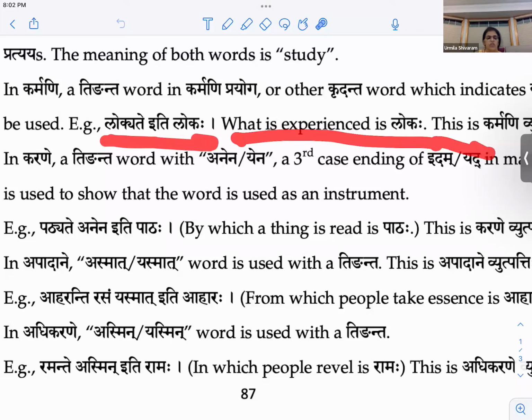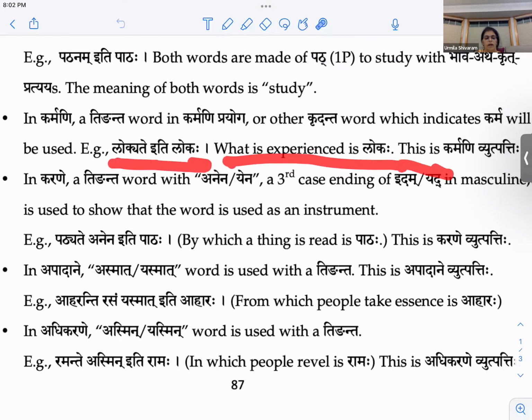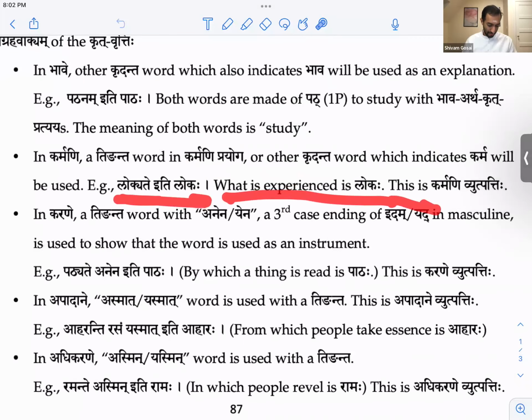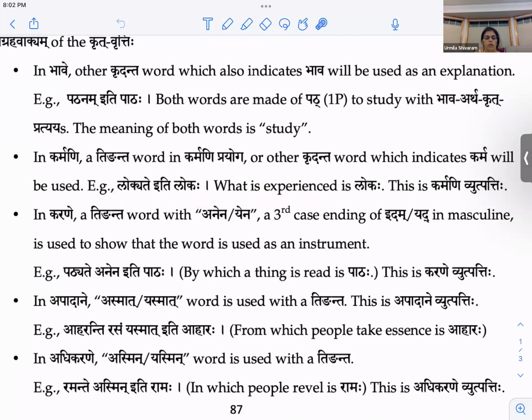I had a question about pataha. Yeah, go ahead. Now the lokaha is experience. So what would be the vibhakti of the pataha and lokaha? I think they're both 1-1, like Rama. But we go on to say that in Ghañ we do not have karta. So 1-1 is karta. That's the confusion.